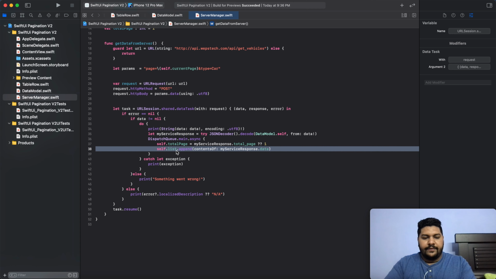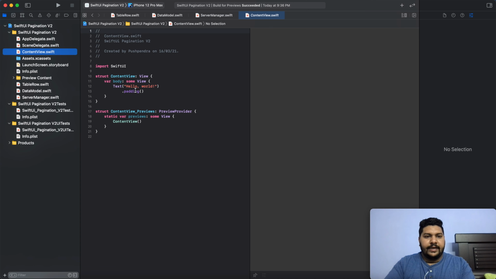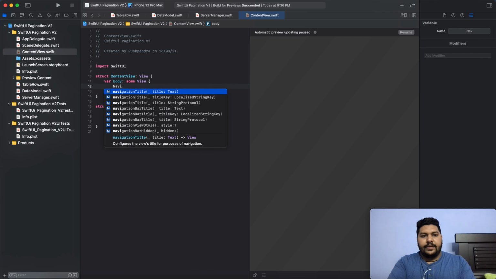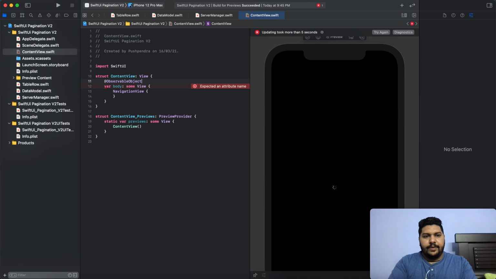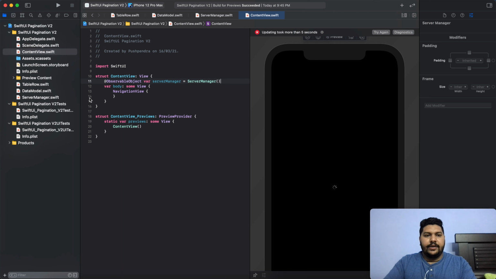After that open your content view. Inside the content view, first of all, add a navigation view, and an observed object, where server manager equals server manager. So it will be created over here.